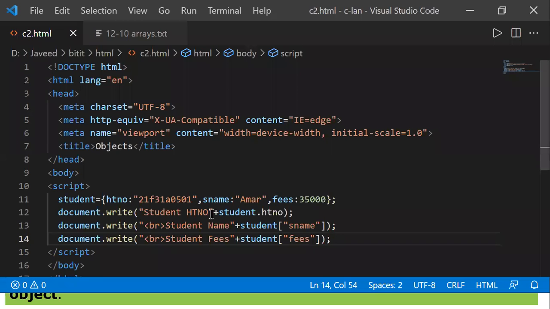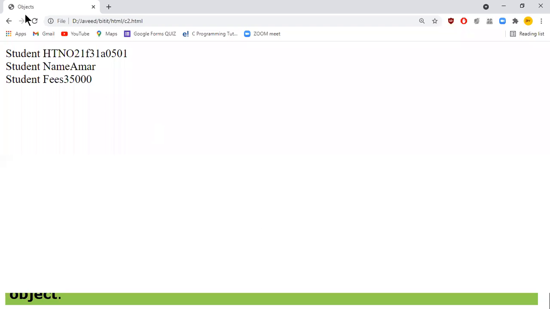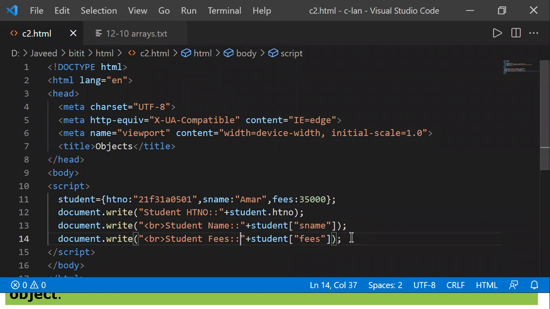What you can do is, after hall ticket number, I'm using a colon symbol. It's going to print the colon symbol as a separating character between the message and the data for us. I'll just refresh. Now you can see that the colon symbol is printed as a separating character between this message and the value for me, right? That's how you can access the data there.